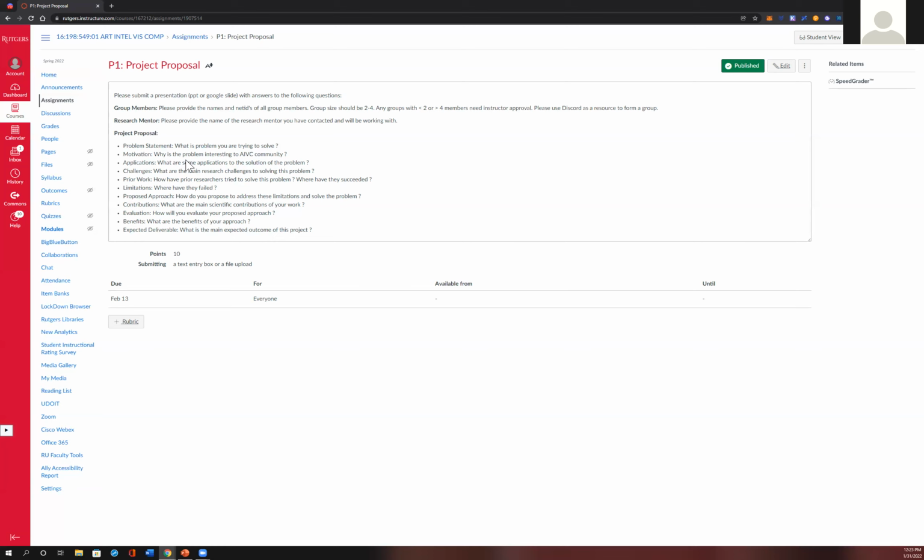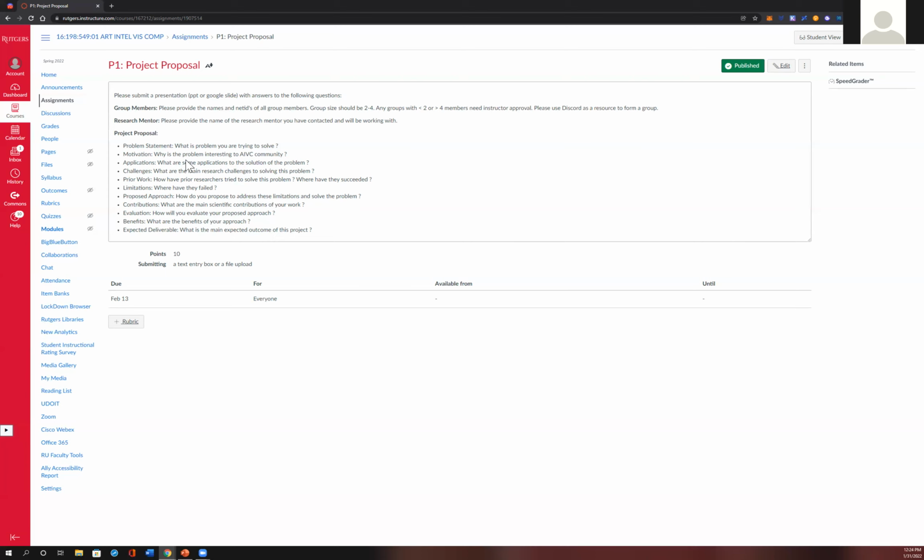So at the time of submission, I believe Canvas will walk you all through setting up your group. So you all will, I guess, have to assign yourselves to a specific group. And the assignment will be a group submission. So my understanding is that Canvas will automatically enforce only one submission per group.